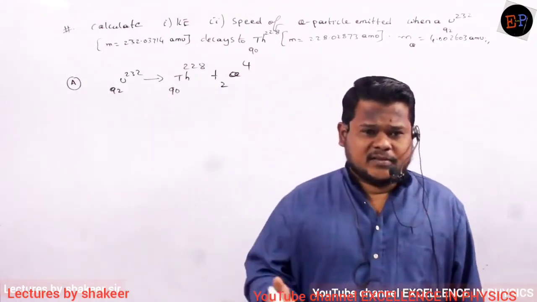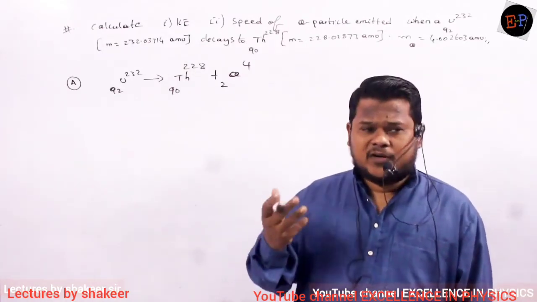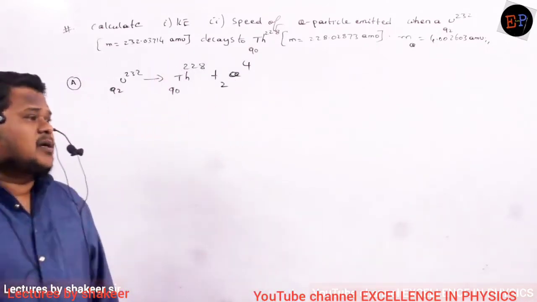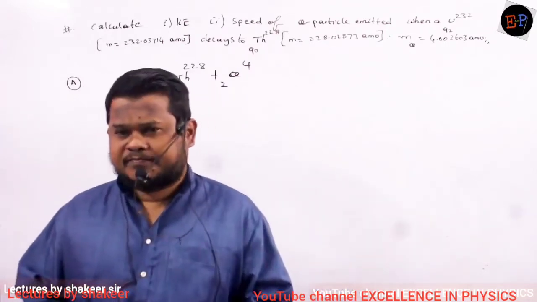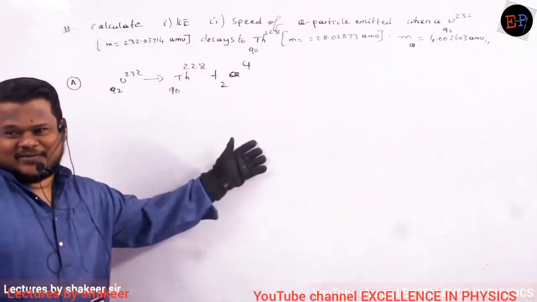But he is saying that after releasing, the alpha particle is having some velocity also. That's what he is saying. So how did this alpha particle get this velocity? It got more energy than before. How did it get more energy? We did not provide it. This process is occurring naturally.